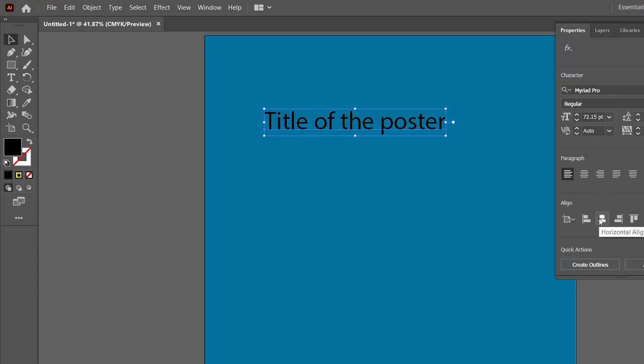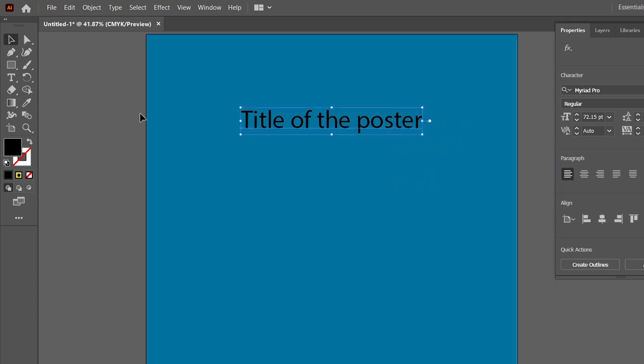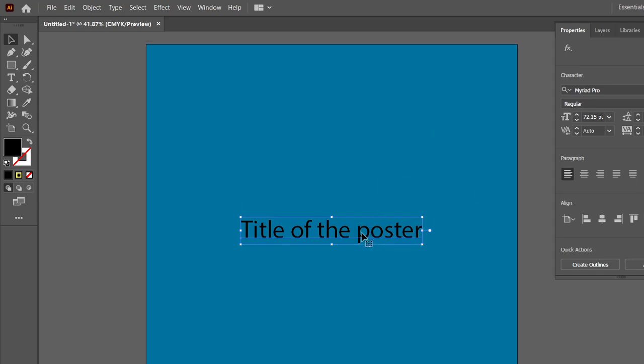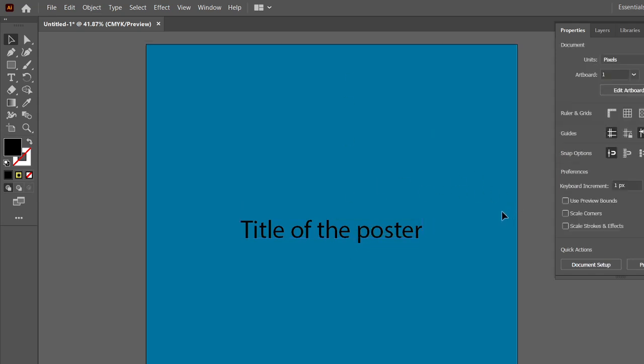The horizontal center option means it will align horizontally, with both the left and right distances equal, so it's in the center. If you want it vertically centered, the vertical center option is also available. If you just click here, it will align to the center of the page. So this goes for the title.